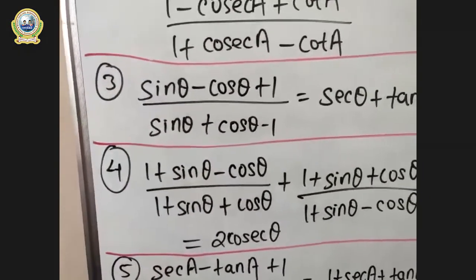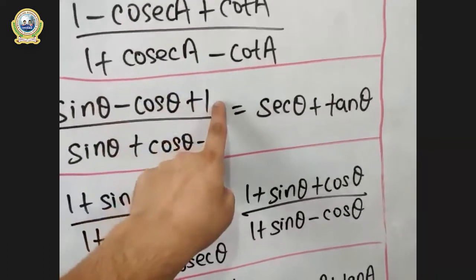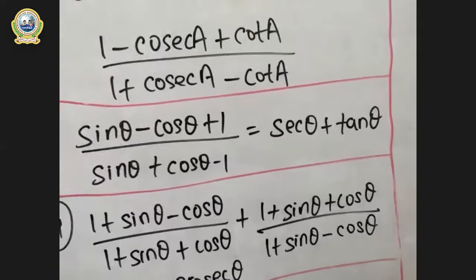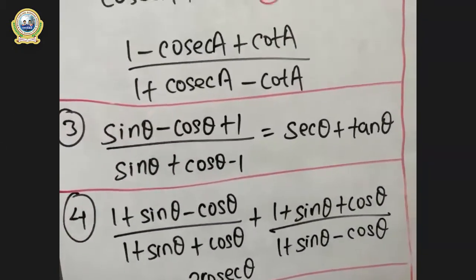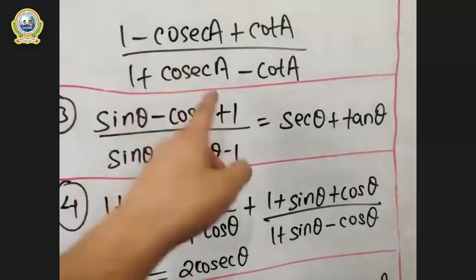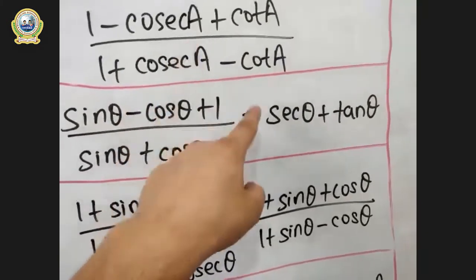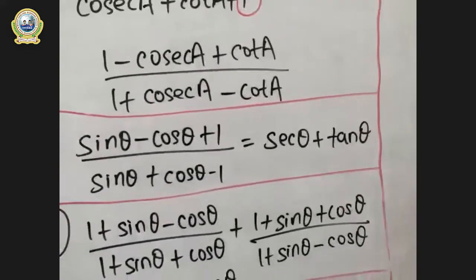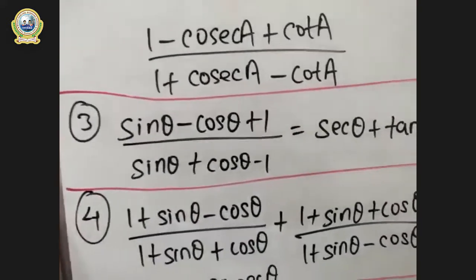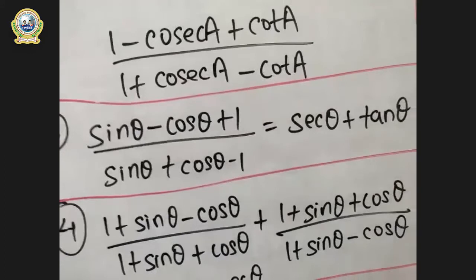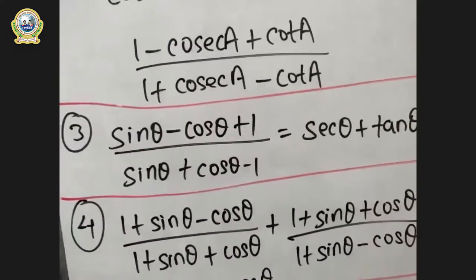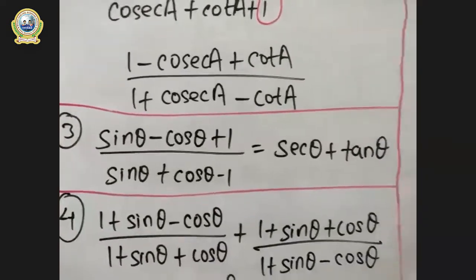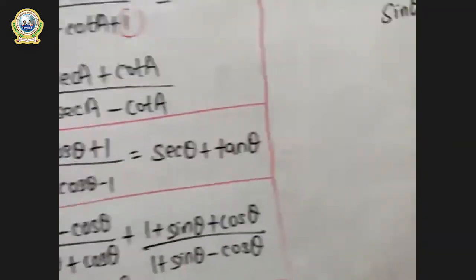Now I'll explain why. This one will be written as sin square plus cos square, and a square plus b square can't be written as (a plus b)(a minus b), right? Because this becomes a square plus b square format, and sin square plus cos square is equal to 1. There is no minus in the formula, so it can't be solved directly in sin. We must convert it into sec tan. Is this clear? So this question can't be directly solved in sin cos. We have to convert this, right?